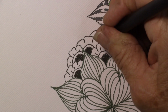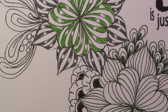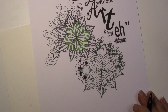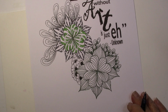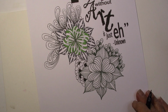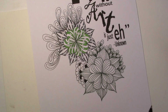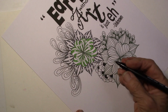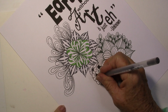And you can see how that really adds. So let me come back out. I'm going to get this one of these days. I'm just looking at it backwards. And so you can see how we can really build a tangle or a beautiful art piece by just doing a couple of your favorites and then building around them. Of course, it wouldn't be a tangle for me, I mean an art piece, and I'm just going to use my